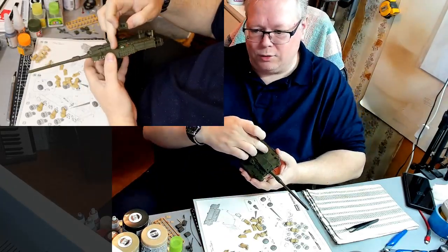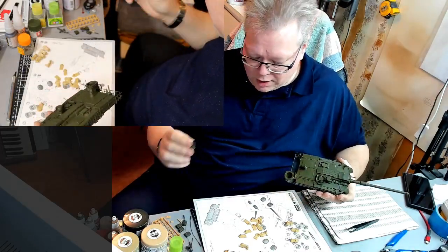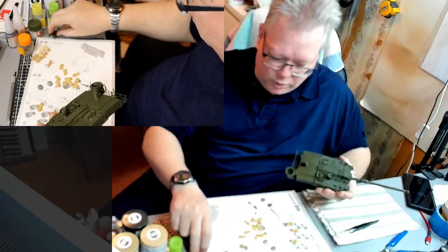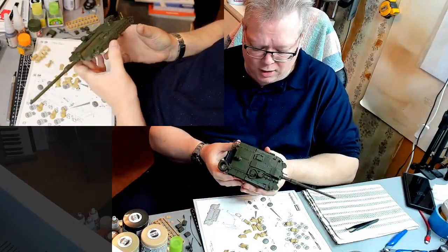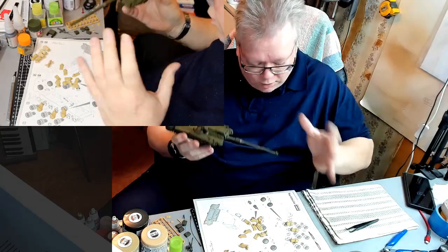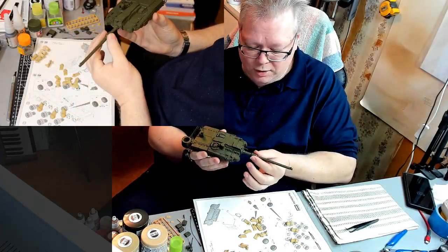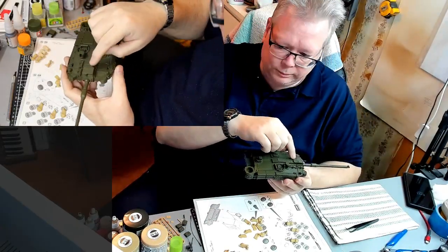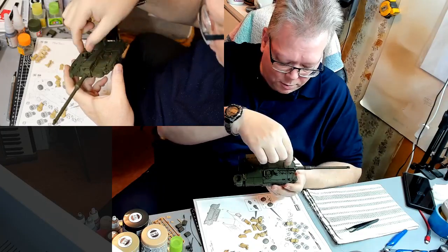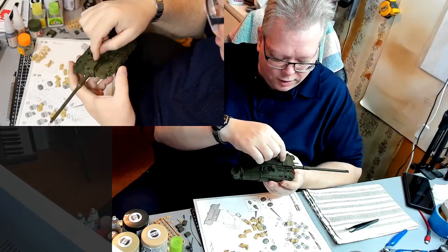This is solid. There's no hole, right? And so I just did that and glued that in there so I don't have this weird red reflective color coming from it. Yeah, so I did that. Obviously got the main gun put on. Now, one thing I did do, this little cover that goes on top here, I actually cut it so that